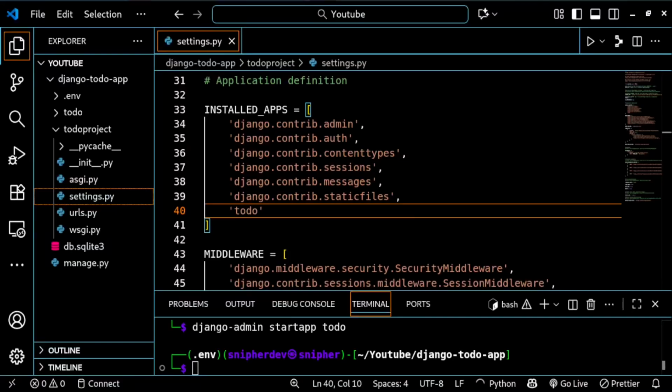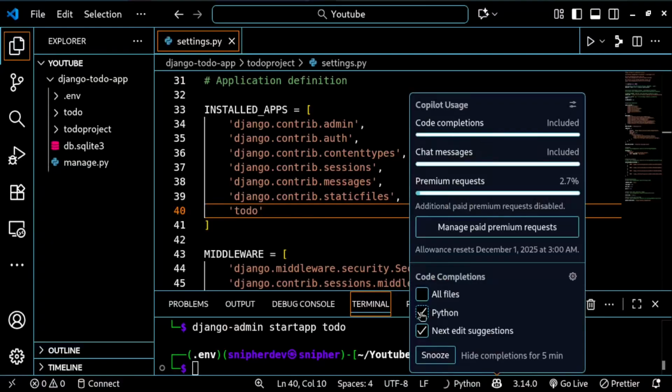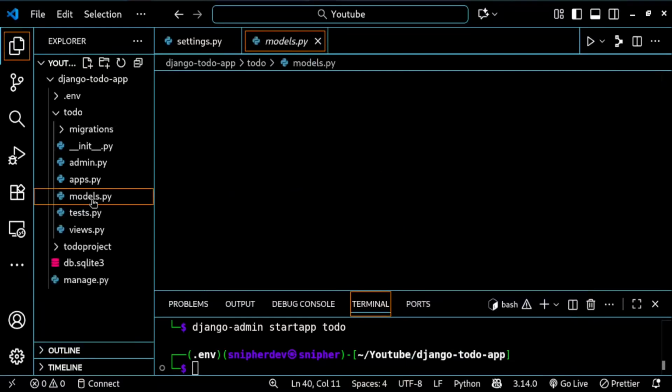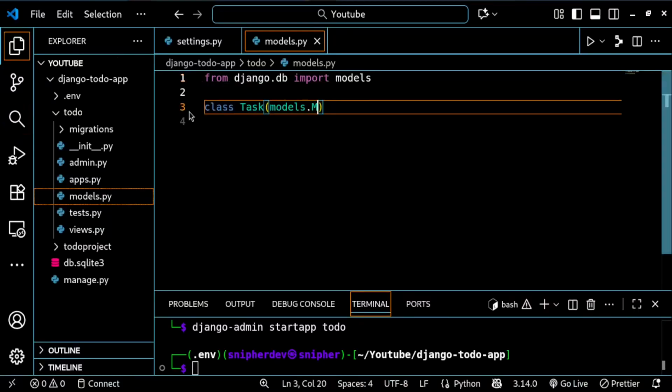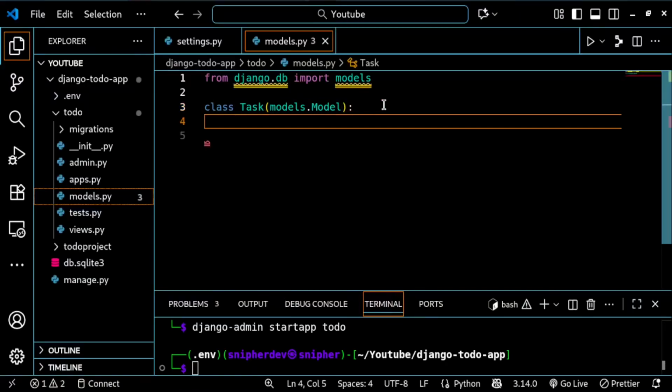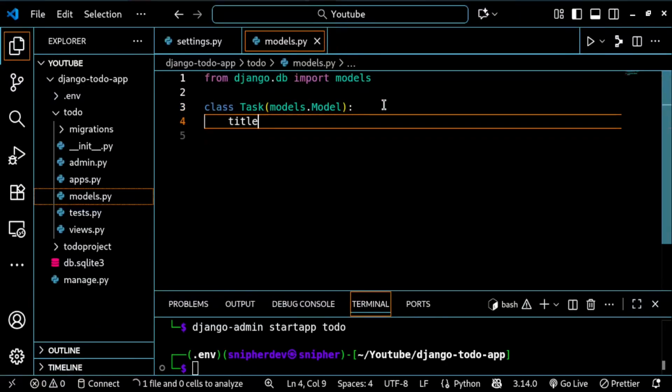The next thing that we need to do is create a to-do model. So we will go here. Next, we'll open our todo application and open the models.py file. Let's create our model. Task is our model. So we'll say class Task, which will inherit from models.Model. I want you to notice the Model, its M is a capital letter, and then we need to define our fields. The first field is title, which is a models.CharField. So it takes characters, and we have to define the max length to